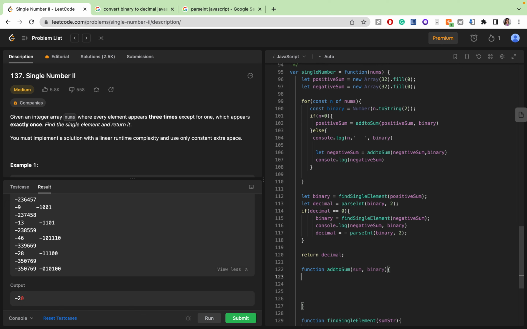Anyway, what I should do is, I think that I should start from let i equal to 32, because there are 32 digits,